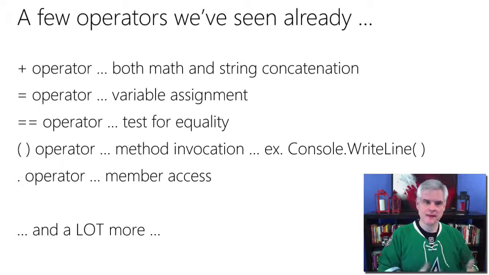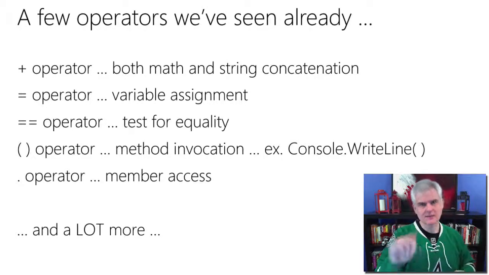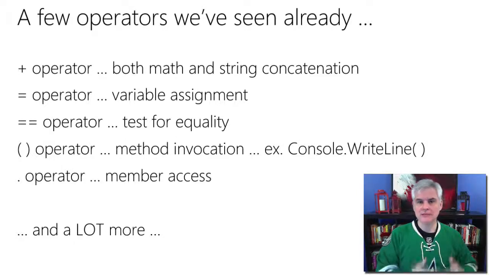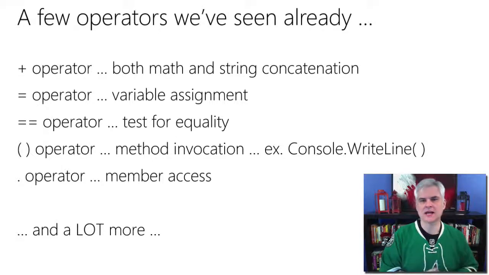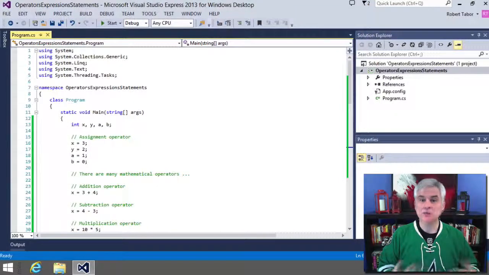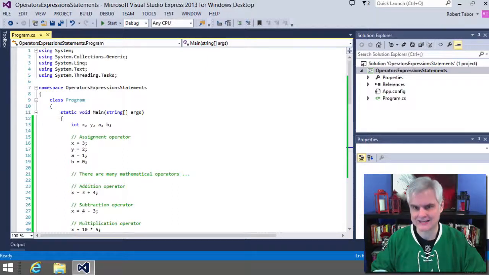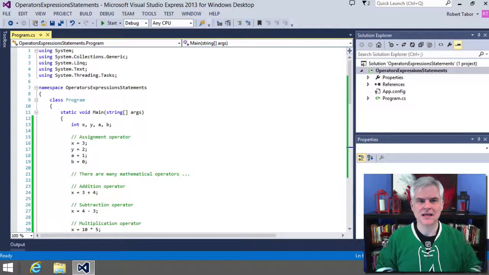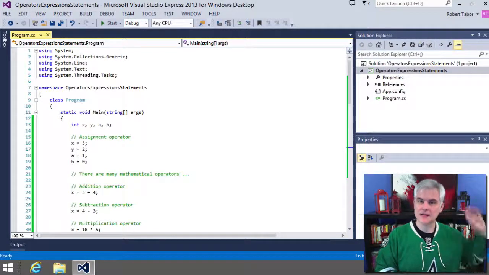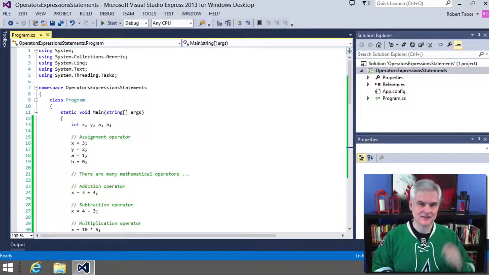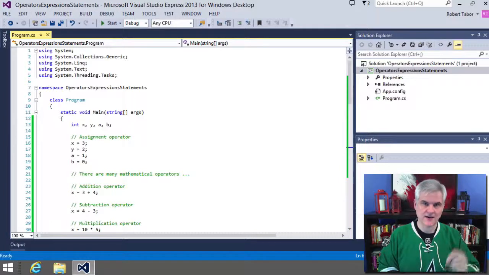Another operator that you may not think of as an operator is that little dot or the period, which is the member access operator. Using the console object, we were able to access the members, or in other words, the methods that belong to the Console class by using the dot operator. As we learn more about classes and objects and object-oriented programming, we'll be using the dot operator a lot. I'm going to have a whole lot more to say about object-oriented programming in a couple lessons from now. But in these lessons, the key idea is that the dot operator is in fact an operator.